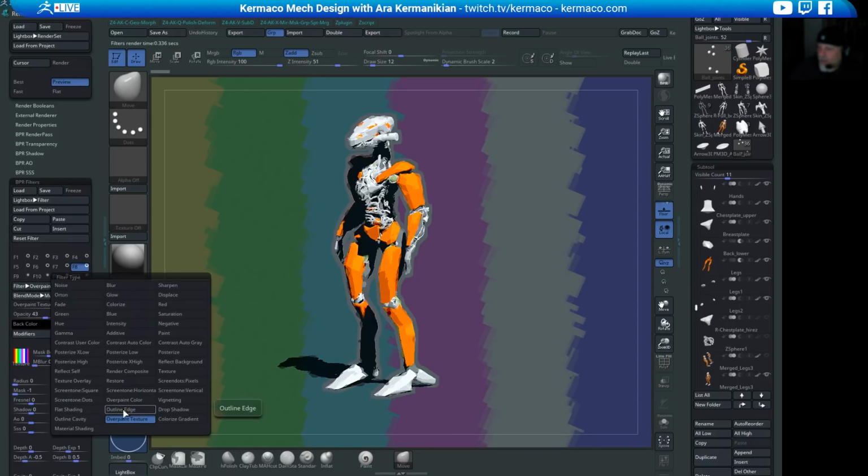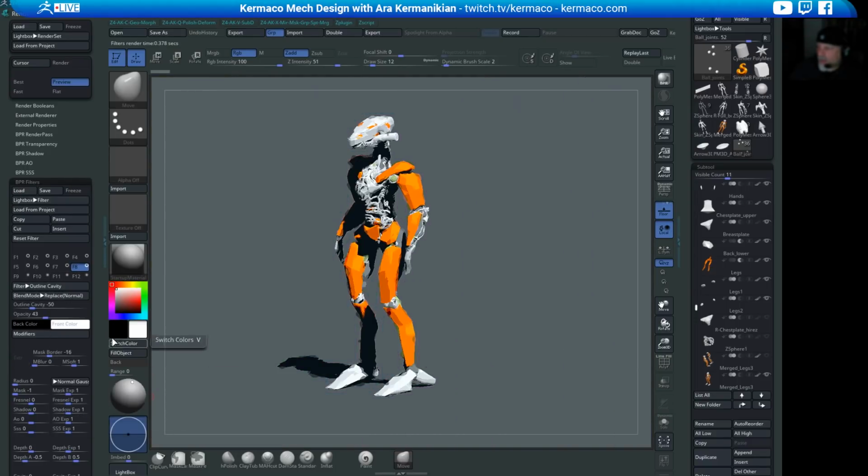It has one by cavity and one by edge. So here I'm going to turn on the cavity one and go to 0. Let's see what that looks like. Doesn't look like it's doing much. Let's add one more